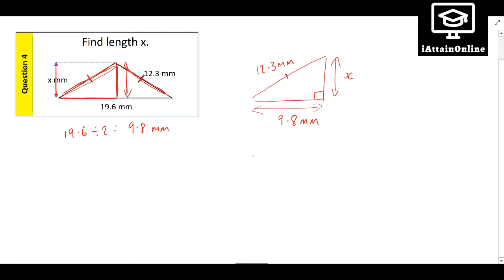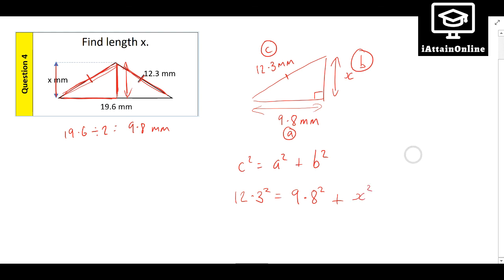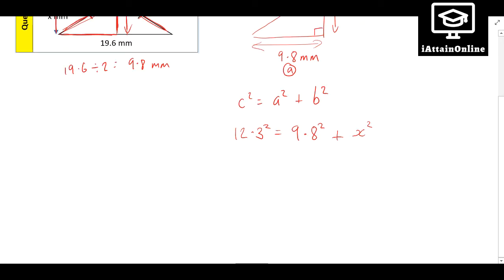So we're just going to label. We're going to write out c squared equals a squared plus b squared. Label my sides C and then A and B. Now I'm just going to substitute those values in. 12.3 squared is equal to 9.8 squared plus x squared. So now just plugging these values in, 12.3 squared gives me 151.29, is equal to 9.8 squared, 96.04,